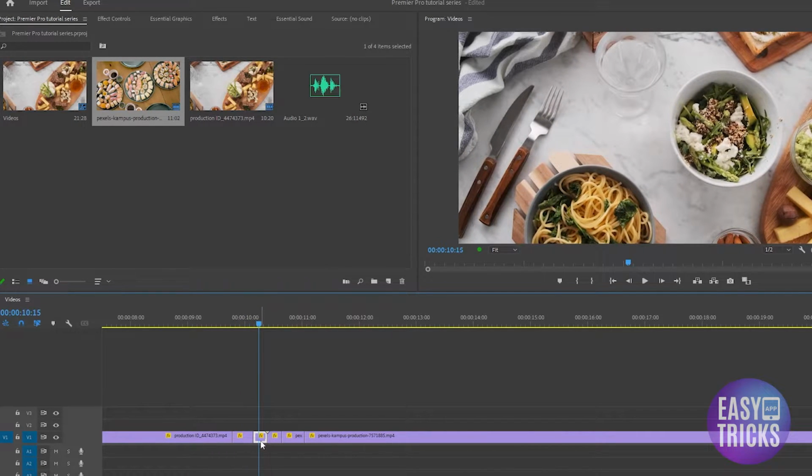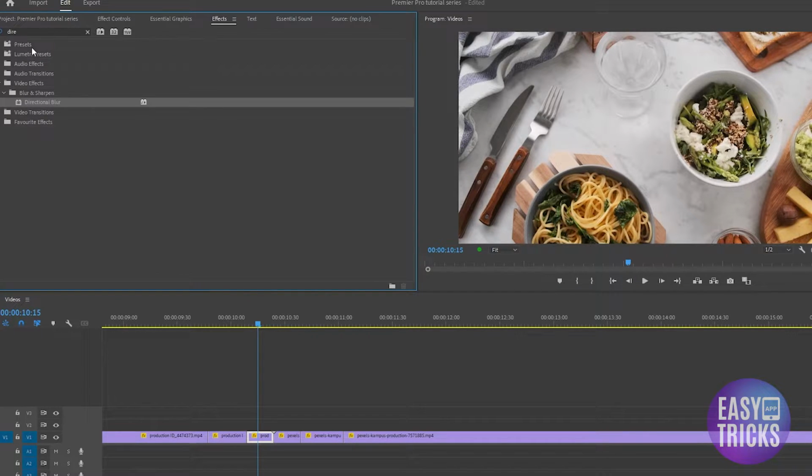so I'm going to be adding some motion blur on it. To do so, you simply need to select your clip on your timeline and then head over to your effects and search in here for directional blur. You can see we have directional blur in here. You simply need to drag and drop it onto your clip,